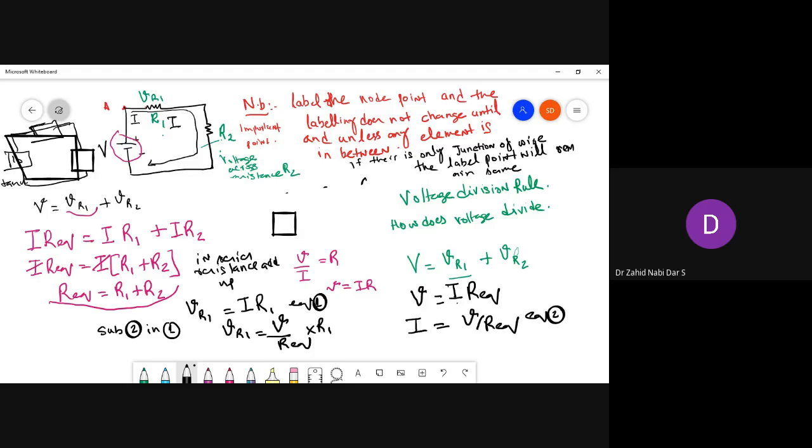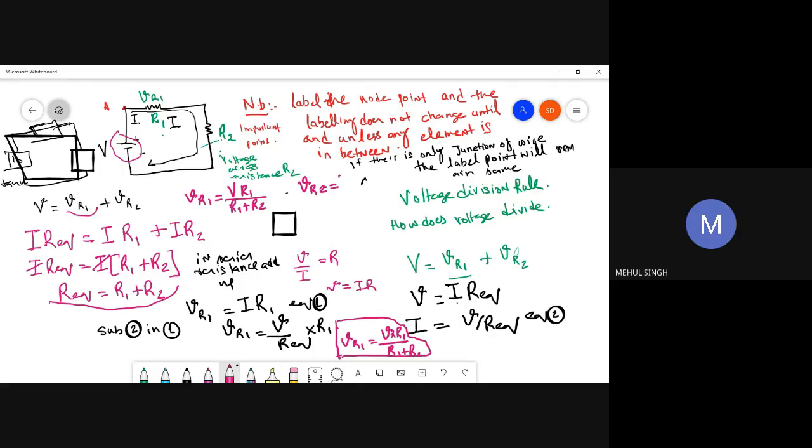So this VR1, how can I write now? R equivalent I know is R1 plus R2. So I can write VR1 is equal to V upon R1 plus R2 into R1. So this is the voltage division rule that I'll write down over here also. My VR1 is equal to V into R1 upon R1 plus R2. Similarly, if I have to write VR2, tell me, Mehul, tell me,